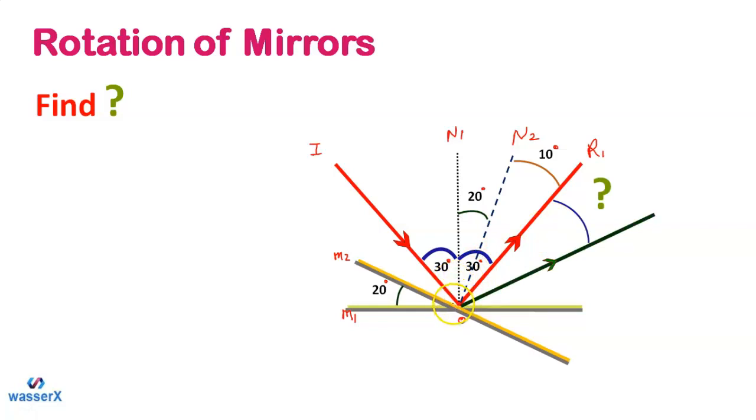After rotating the mirror by an angle of 20 degree, we got the shift in the normal, right? And because of that, there is some shift in the reflected ray as well. So as you can see, this is R2, which is the second reflected ray. So this was the first reflected ray, and this is now the second reflected ray, R2. Our main goal is to find out the angle between R1 and R2, which were the initial reflected ray and the final reflected ray, by rotating the mirror by some angle.